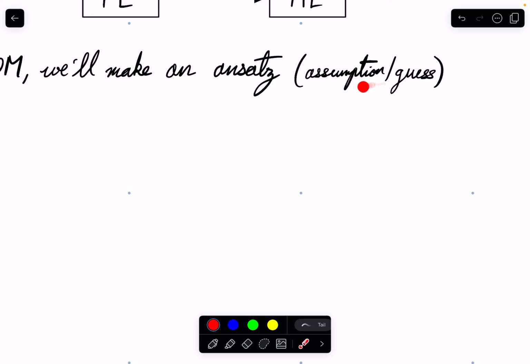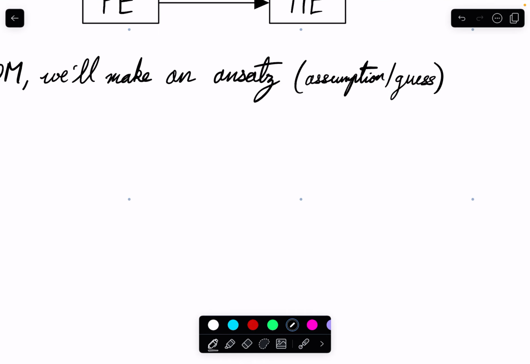It's just a guess or an assumption, but scientists like to use the word ansatz so they seem like they know what they're doing. So make an ansatz of the form